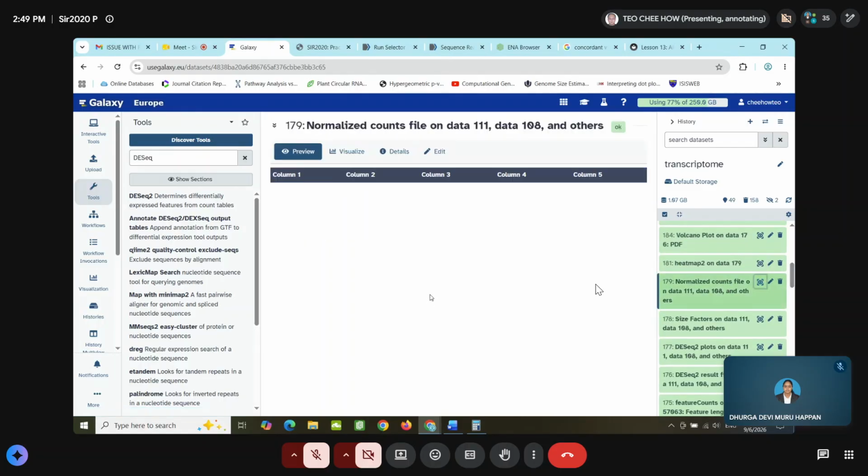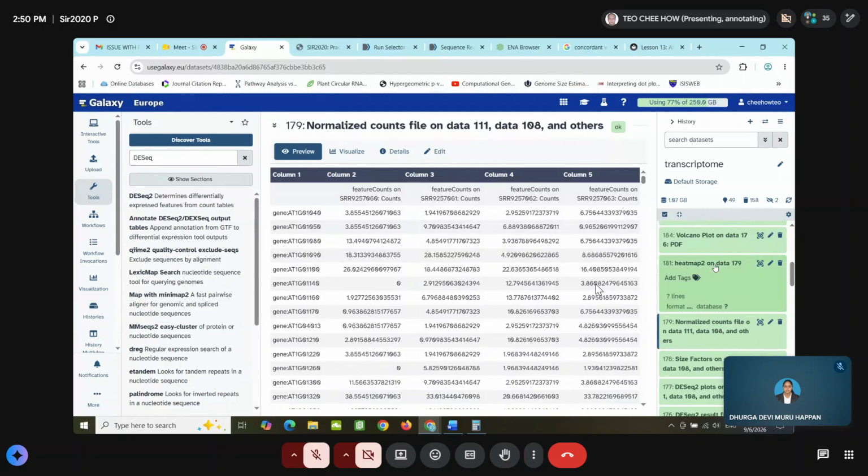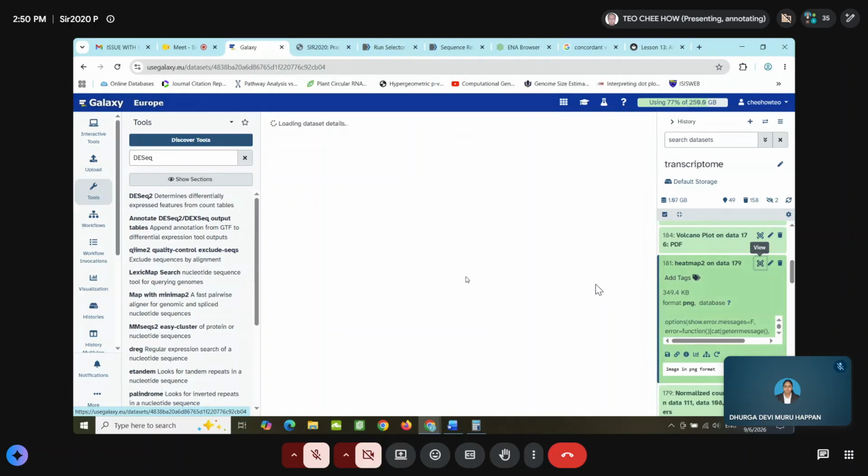So from the normalized count, if I'm not mistaken, this one is FPKM, fragments per kilobase. You use this to build a heat map of your expressions.